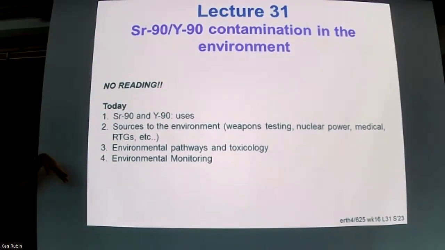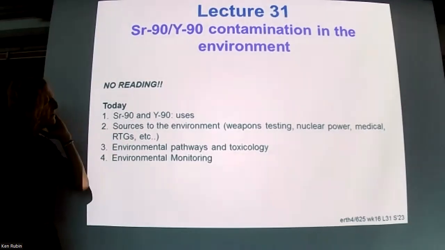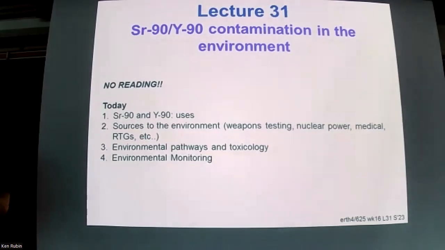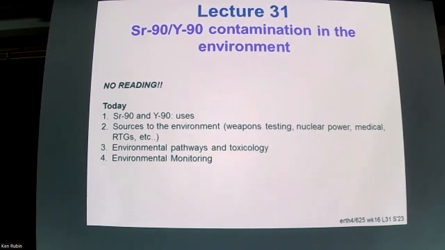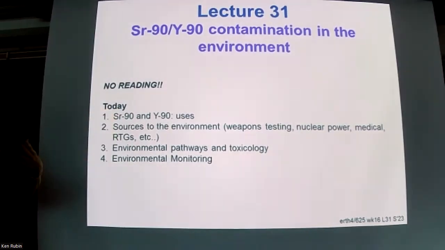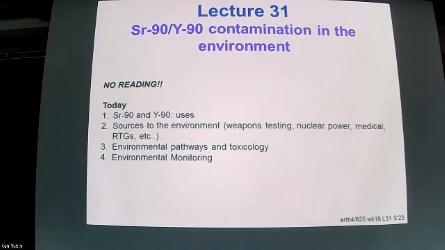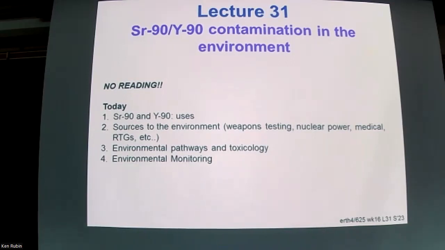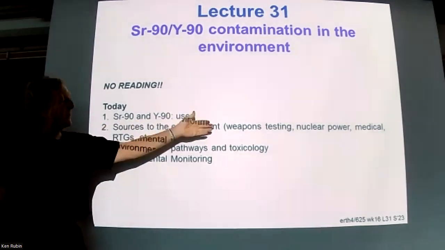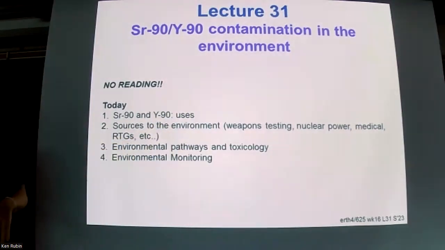So we're going to talk a little about some of the sources to the environment, which primarily were above ground weapons testing. It is one of the major fallout nuclides because it's relatively long lived. It's 29 years, so we've still got something like a quarter of what went into the atmosphere still alive from radioactive decay. It's a waste product of nuclear power. It's used in medical processes,